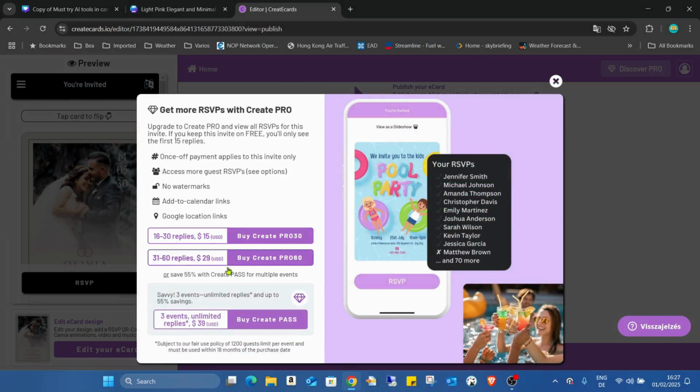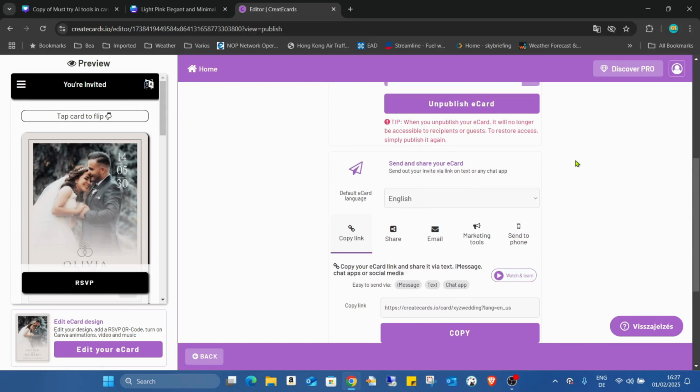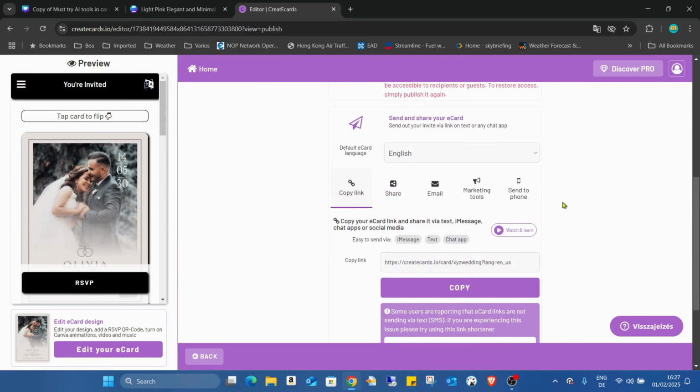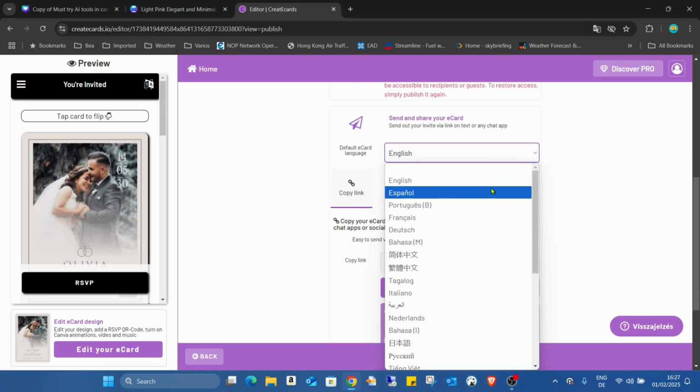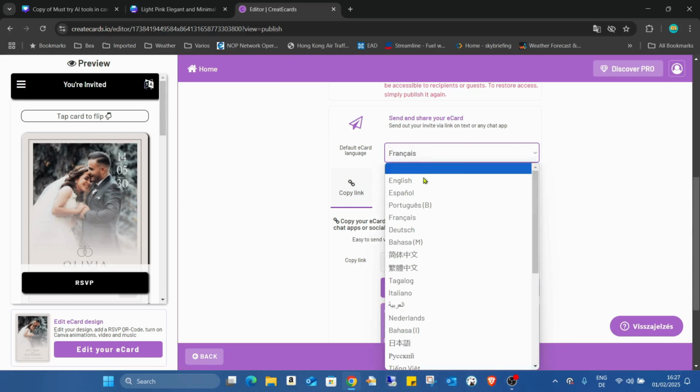Here again we have this information about the upgrade to the Pro, but at the moment I don't really want it. Here we can also change the language, which is really funny, like the Spanish one. And in this case, we can save this link. As you can see, now it's French. It changes the end of the link,